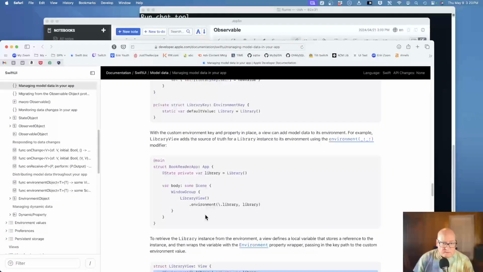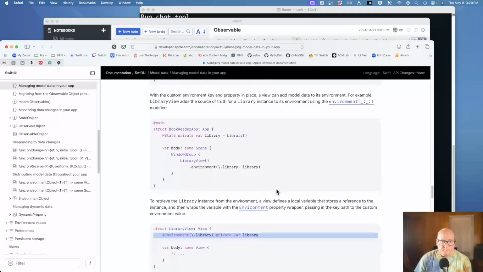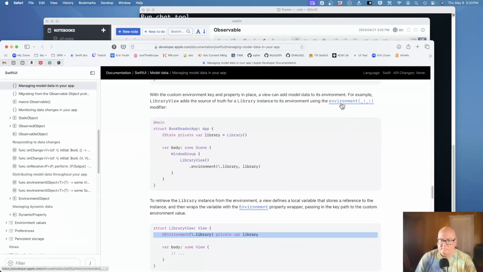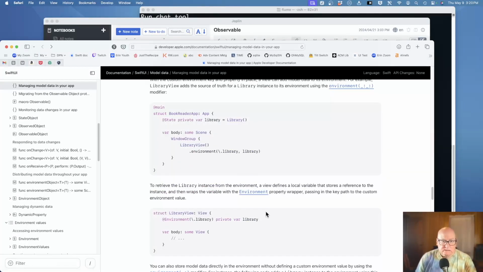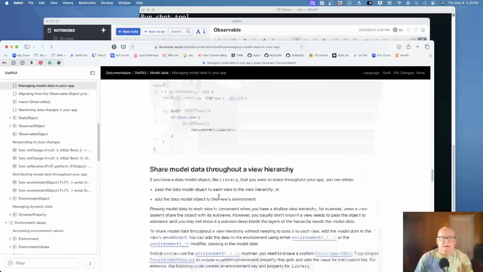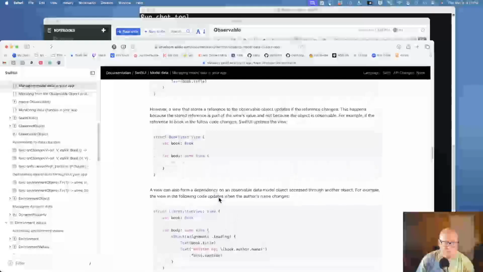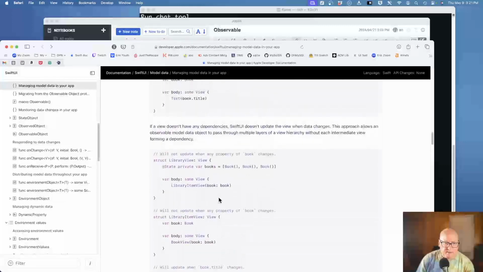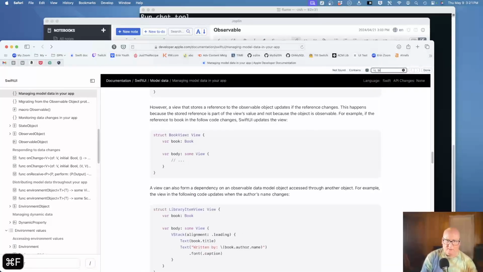State, private var, whatever, dot environment, slash dot library. Key path. I don't know where that, oh, these variables. Oh, this gets annoying. I should just be able to pass it in, though. Is it bindable? Is that the word I'm looking for?